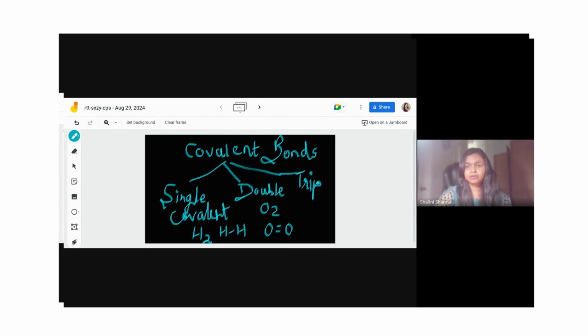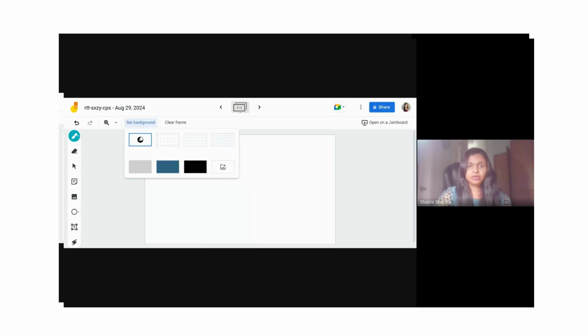Triple covalent bonding exists in the nitrogen molecule, N2. Nitrogen is a diatomic molecule, and here exists the triple bond. It means three pairs of electrons are being shared between two nitrogen atoms. We'll be looking at,